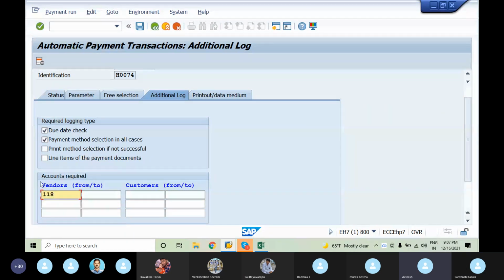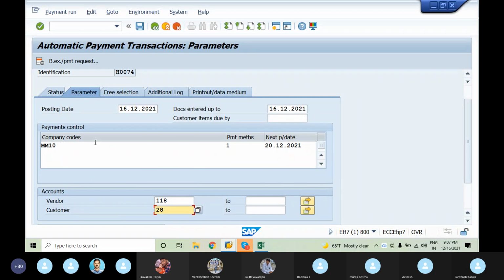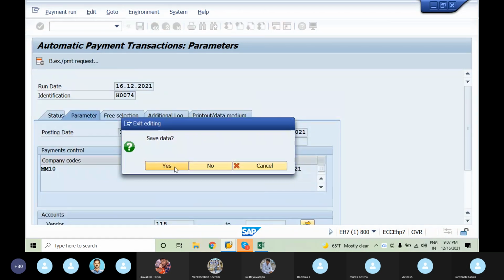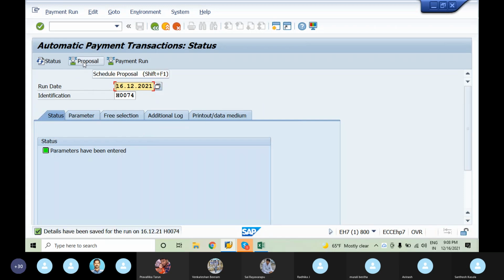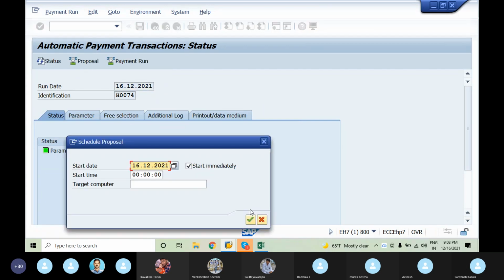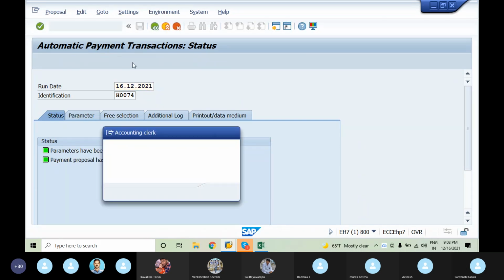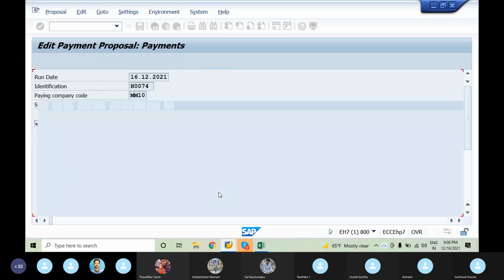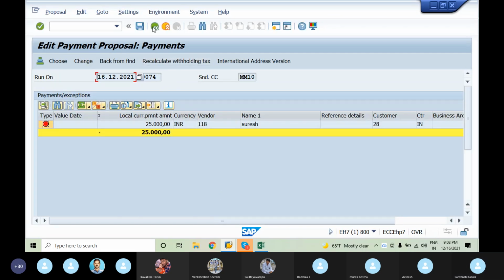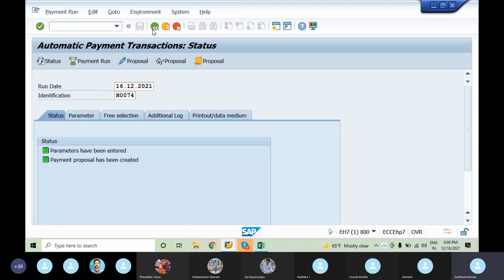Have you given the payment method in the vendor master data and customer master data? Something is an error, one second.